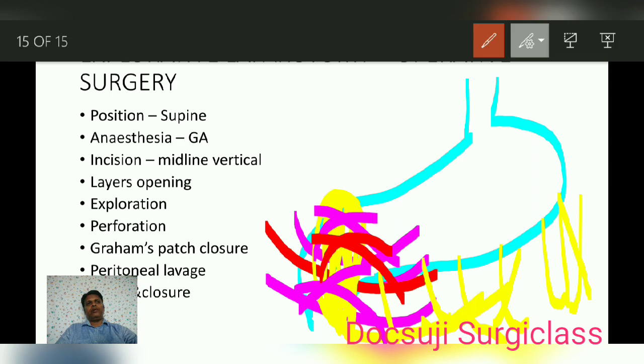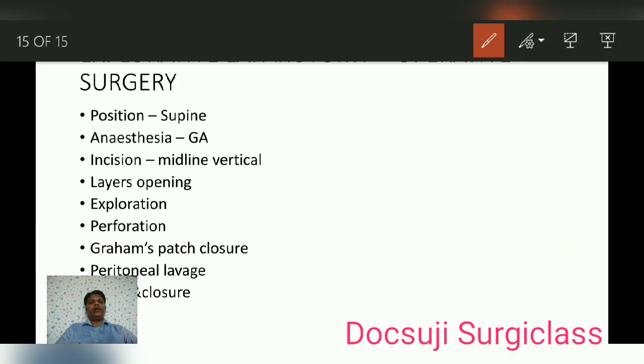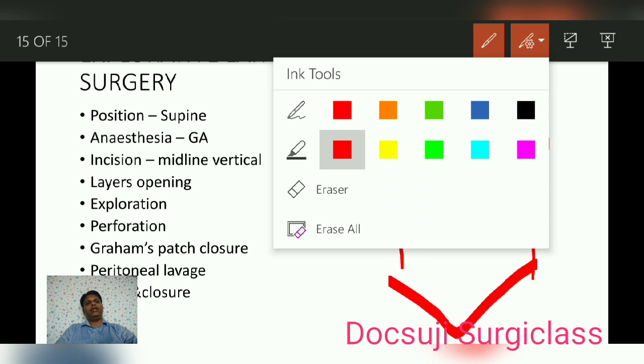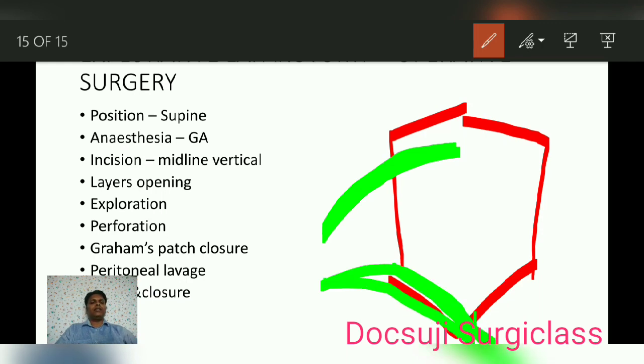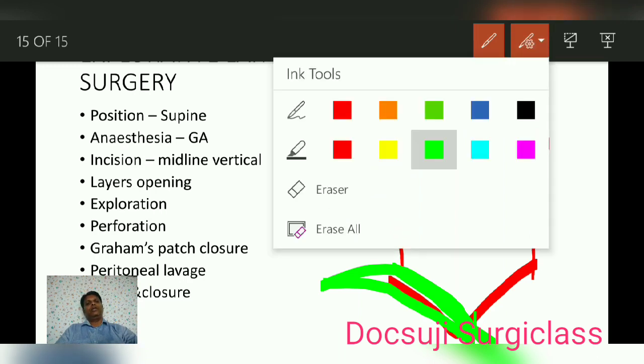This is the first step you have to do in your surgery, followed by peritoneal lavage. You thoroughly clean the entire peritoneal cavity using normal saline, because a lot of contamination will be there, so you correct that. Finally you keep a drain, ideally 2 drains, one at the level of the hepatorenal pouch and another at the level of the pelvis, because these 2 areas are the most dependent parts. Fluid collection will deposit here. You drain by keeping a tube drain, and then you close the wound layer by layer.